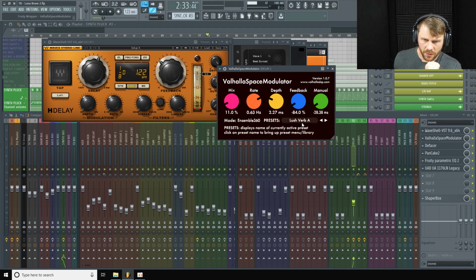there's a few of these lush reverb presets, which has some subtle chorusing and delay and bits of modulation in there. And in certain circumstances, I think it's a little bit more interesting than just a standard delay. So I thought it worked in this case. It's mixed kind of low, but it's just giving these delays a little extra space